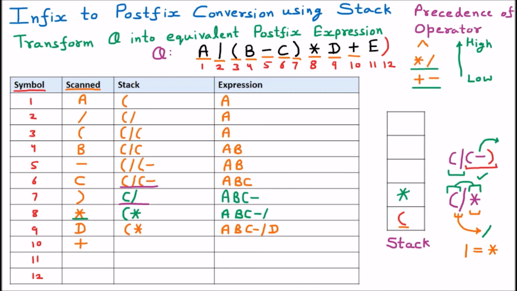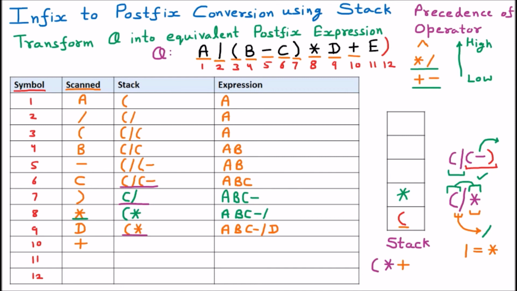Now we know that whenever an operator is encountered, we have to check the stack whether another operator is present or not. Yes, a star is present. So I am taking this out to solve this. This bracket and star I am taking out. This is rough work. Bracket and star, this is already present. Now plus is encountered.